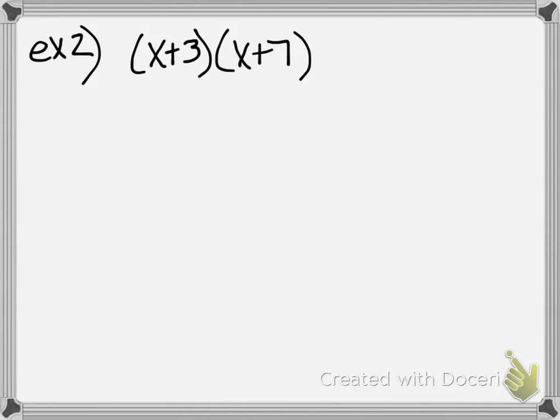So here's our second example, x plus 3 times x plus 7. Order of operations here does not work, because I can't do x plus 3. I don't get an answer like I did before in the other one, where I got 3 plus 4 was 7, 5 plus 2 was 7, and I was able to multiply. So we can either jump right into the area model,